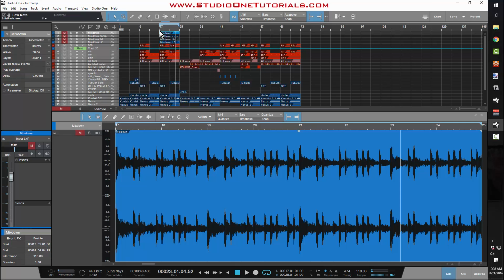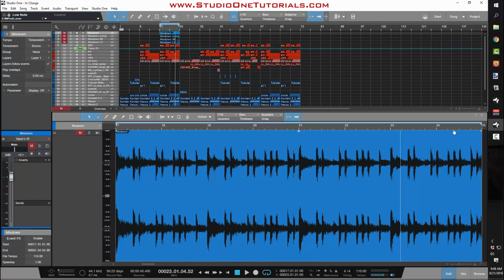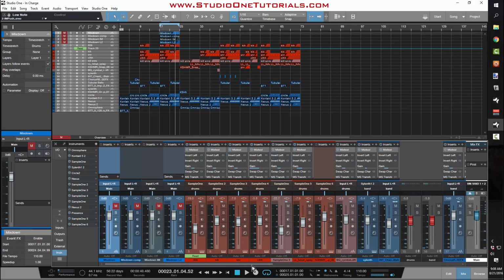And you'll see how that kick is really poking out, and it's the loudest sound in the track. And again, that's when you're mixing. That's how you get your kick to sound big. It's easy stuff. You make it the loudest transient. But then once I go ahead and I add the compressor onto it,